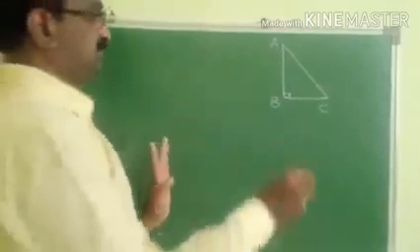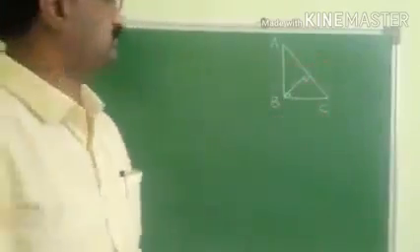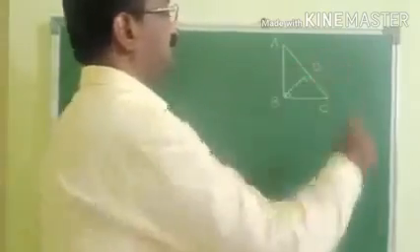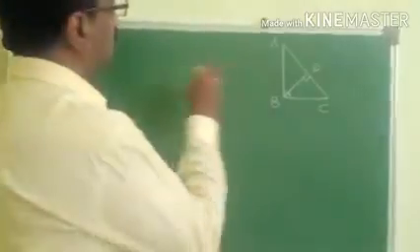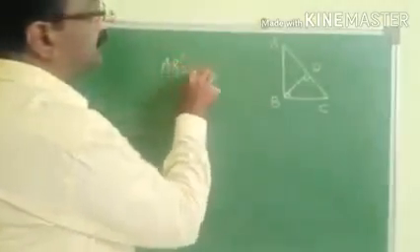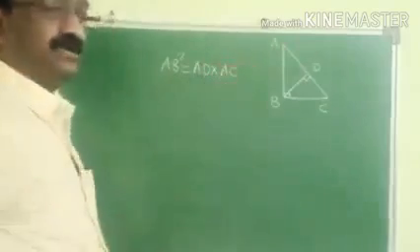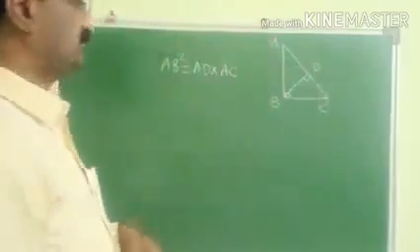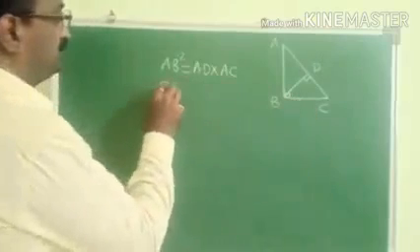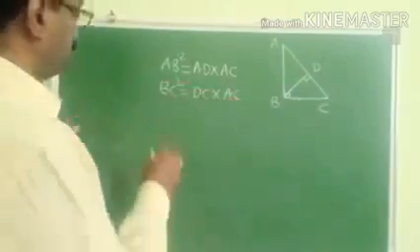And we have seen the proof of that theorem. Let us remember the proof. For that purpose we have done the construction BD perpendicular to AC. So triangle ADB is similar to triangle ABC, by similarity in right angle triangles. From that we get AB square is equal to AD into AC. Similarly, the smaller triangle BDC is similar to triangle ABC. Therefore their corresponding sides are in proportion, and from that we get BC square is equal to DC into AC. Then adding these two, what will we get?